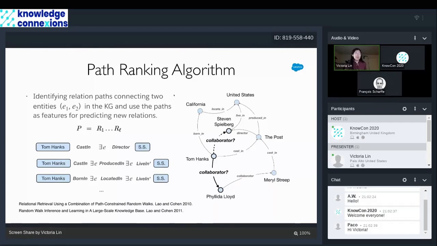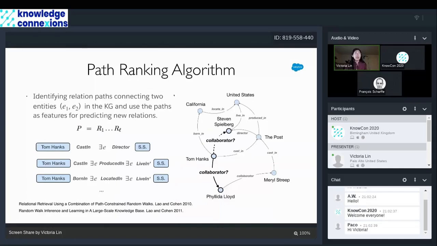So for example, there are some sample paths shown here. We could trace a path: Tom Hanks has been cast in the movie The Post, and The Post has Steven Spielberg as a director. Therefore, Tom Hanks and Spielberg have collaborated before. There could also be some paths which are not very informative. For example, we saw Tom Hanks is cast in The Post, but The Post is produced in the United States. Well, Steven Spielberg also lives in the United States, but